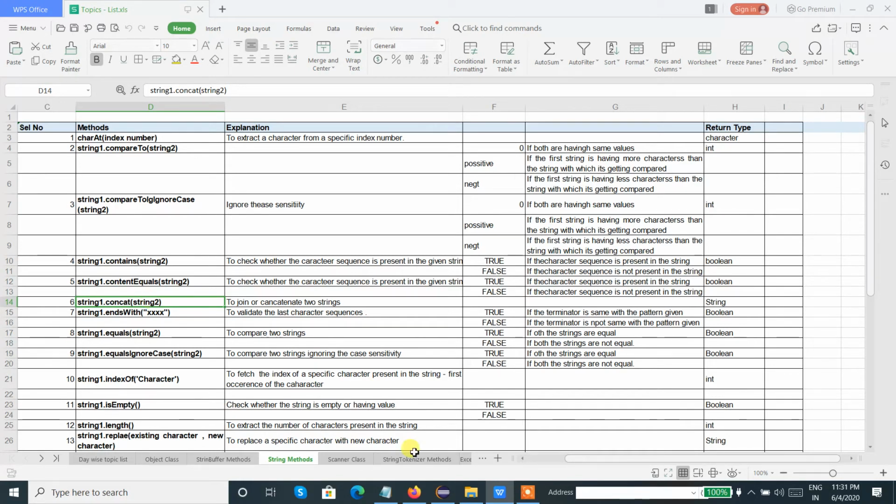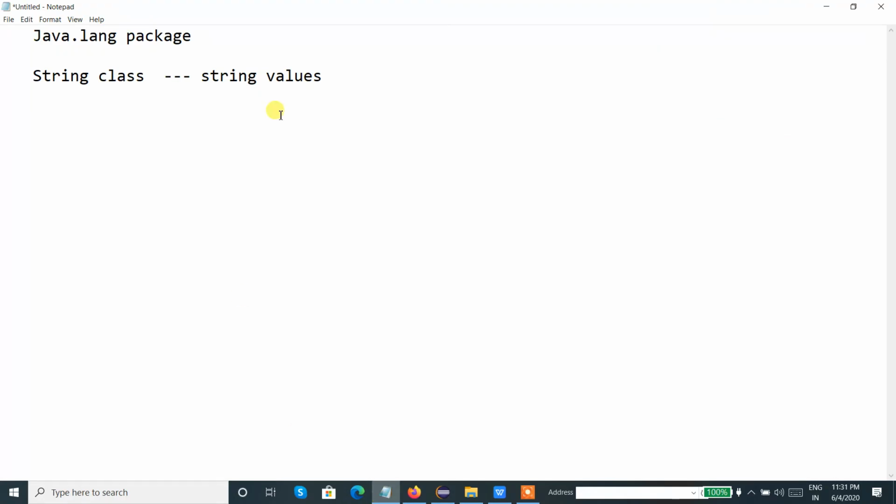For example, if we have a file and the file content must be some name, and all the names must start with double slash and end with star star star.